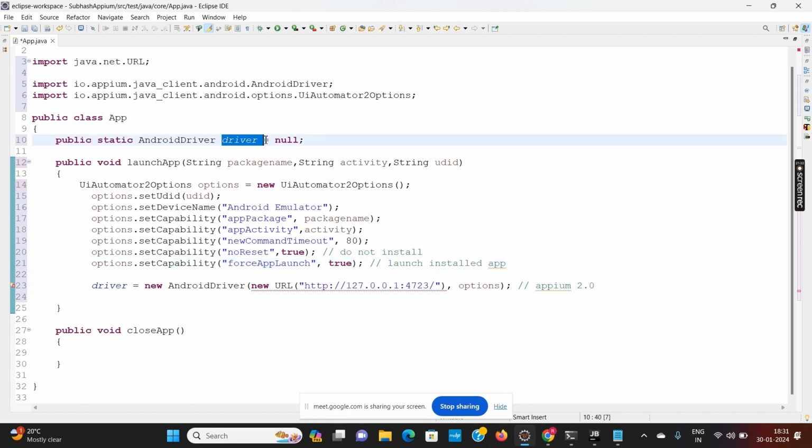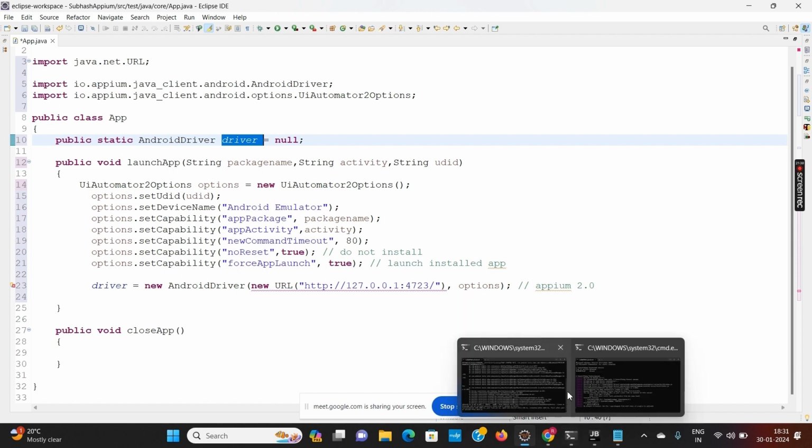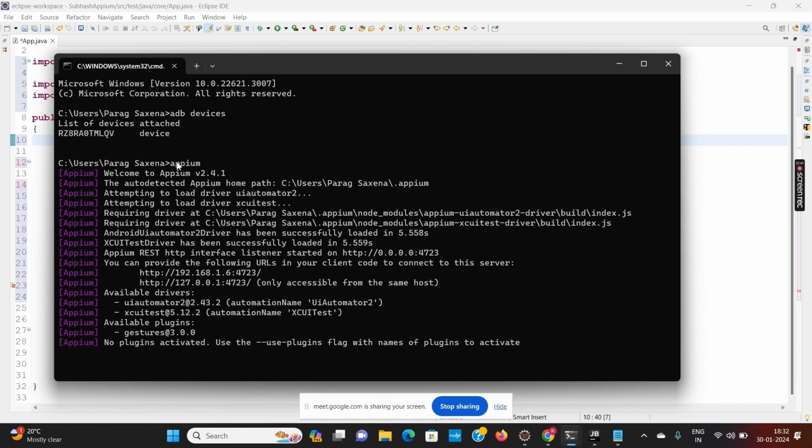And then we have initialized driver is equal to new AndroidDriver. In this new AndroidDriver, we have to pass the address where this Appium server is running, 127.0.0.1:4723. This is the port on which the Appium server is running.